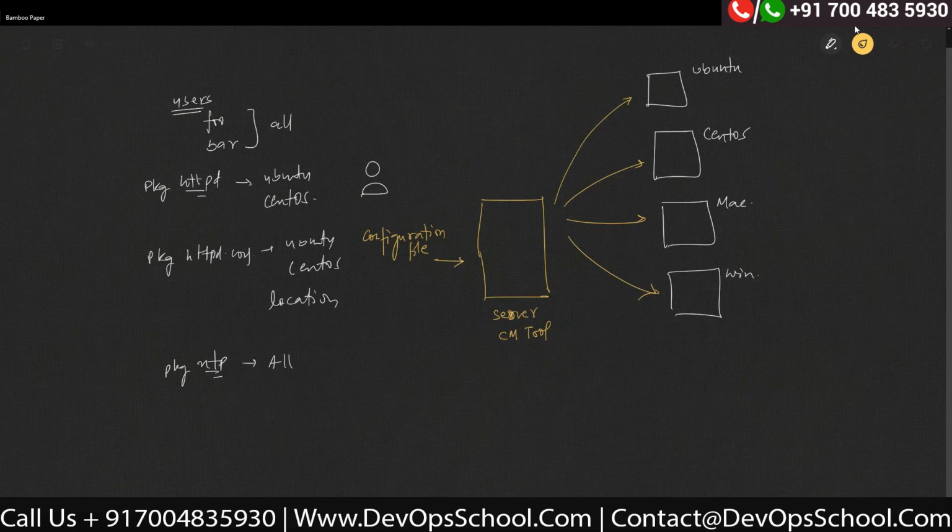It can be anything, right? Now this configuration file contains the declaration of the state that you want, right? You define the state of your servers. You can say on Ubuntu machine,